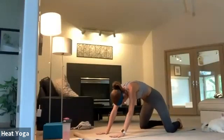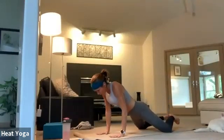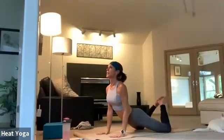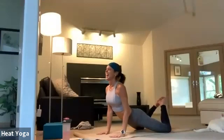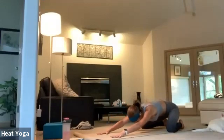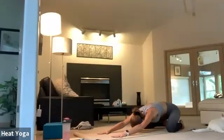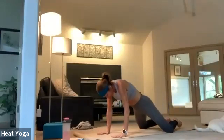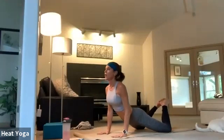Keep the knees nice and wide. And as we inhale, roll forward, let the hip bones come toward the mat. Heels and big toes connect behind the body, squeezing the shoulder blades as you open. And sink back, child's pose. Exhale to ground down, sink in. Inhale, round the spine, press through the palms, pull forward, hips drop, heels lift, open,